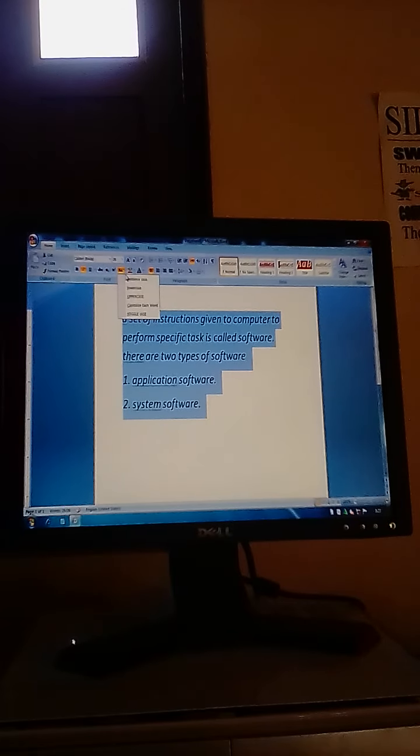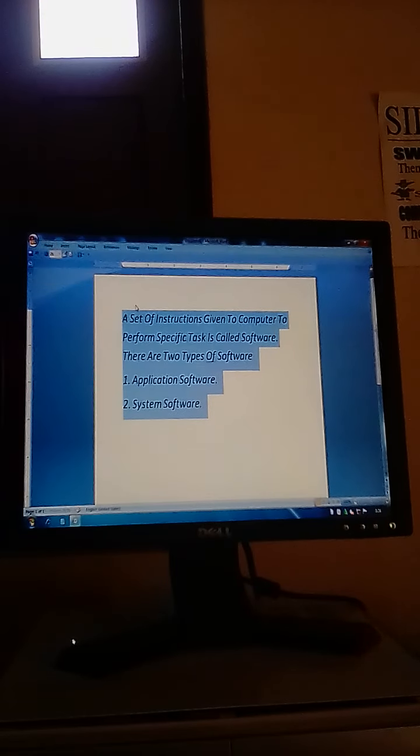It means the first letter of each word will be capital and the remaining letters of each word will be in small alphabet. So dear students, you will click on capitalize each word.